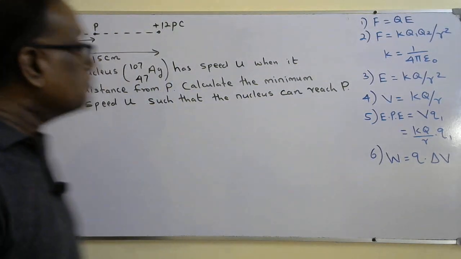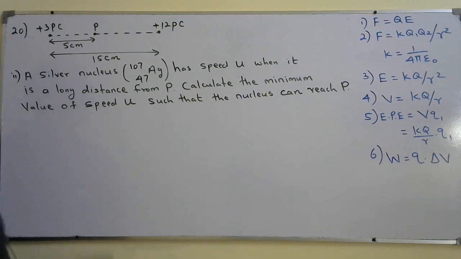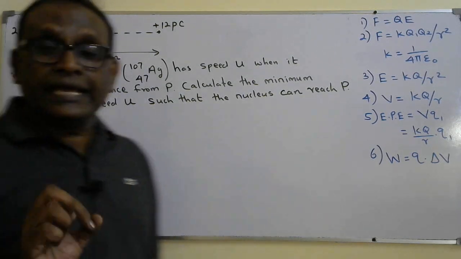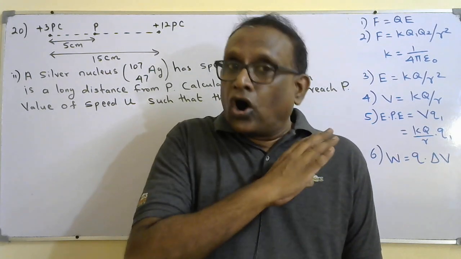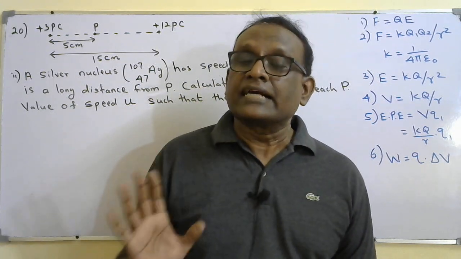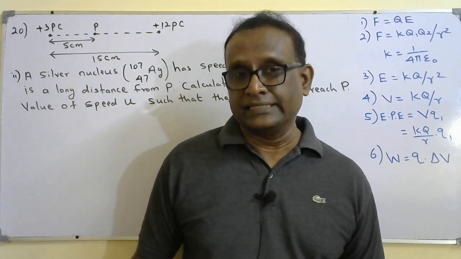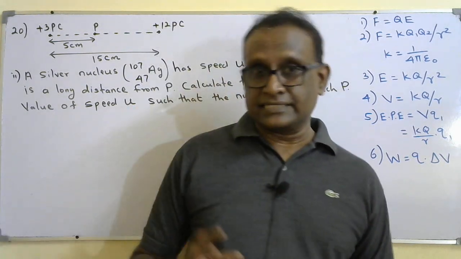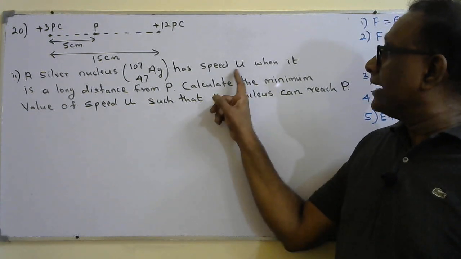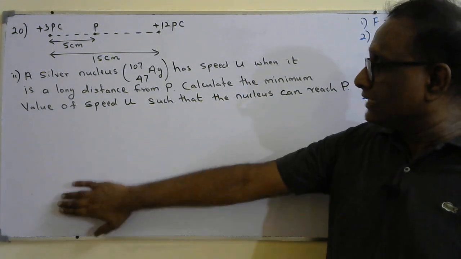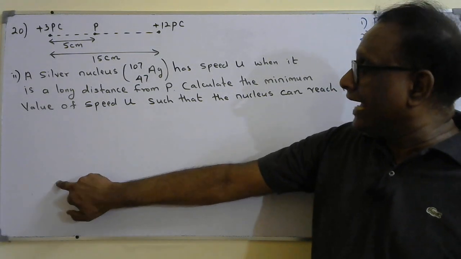From there, it's moving towards point P. So minimum value means we assume it's able to reach the point P, but when it touches the point P, it lost all its kinetic energy and the kinetic energy becomes equal to 0. That's the idea. Minimum speed at far distance where the speed is u, they ask to find the minimum speed. So that means at initial point, if I take the point as n, from n to P